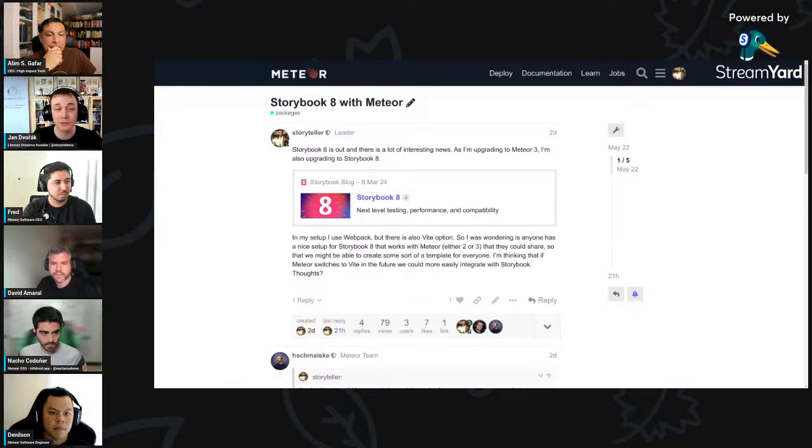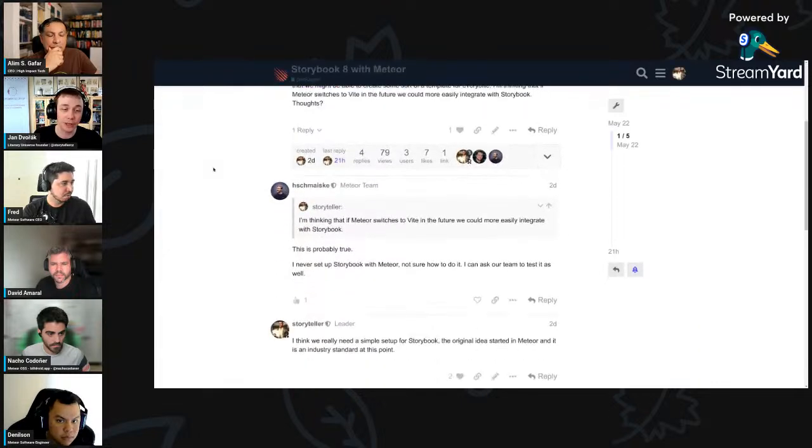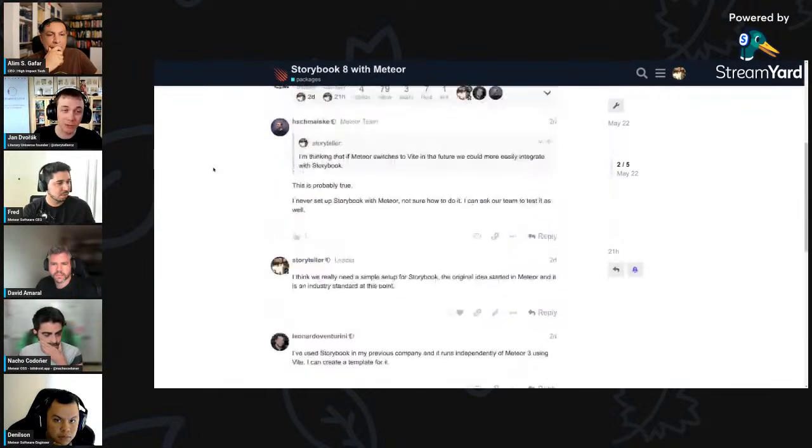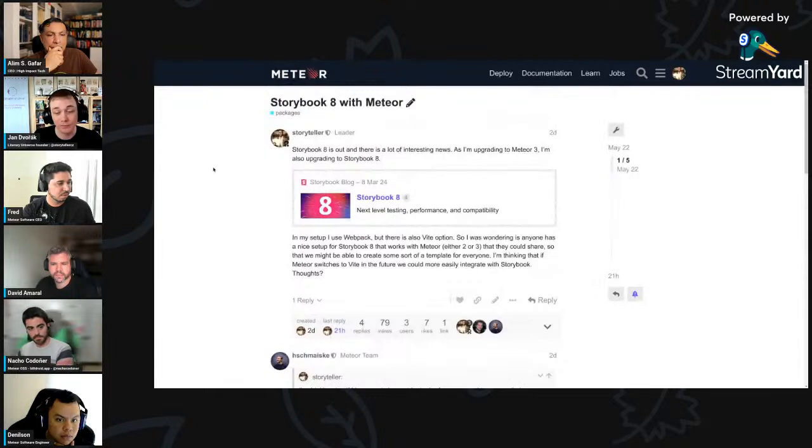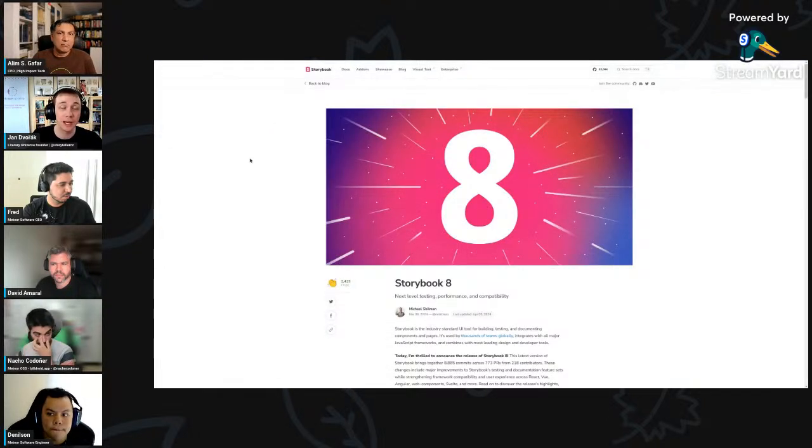I had to do the upgrade to Storybook 8, which has quite a few major changes. So hopefully from this, we'll be able to generate some template or something, because right now Storybook, if you don't know, is a visual testing library where you can put all your components and have a big overview of everything that you have and how it looks, and you can then change the properties there to see how it looks under different scenarios.